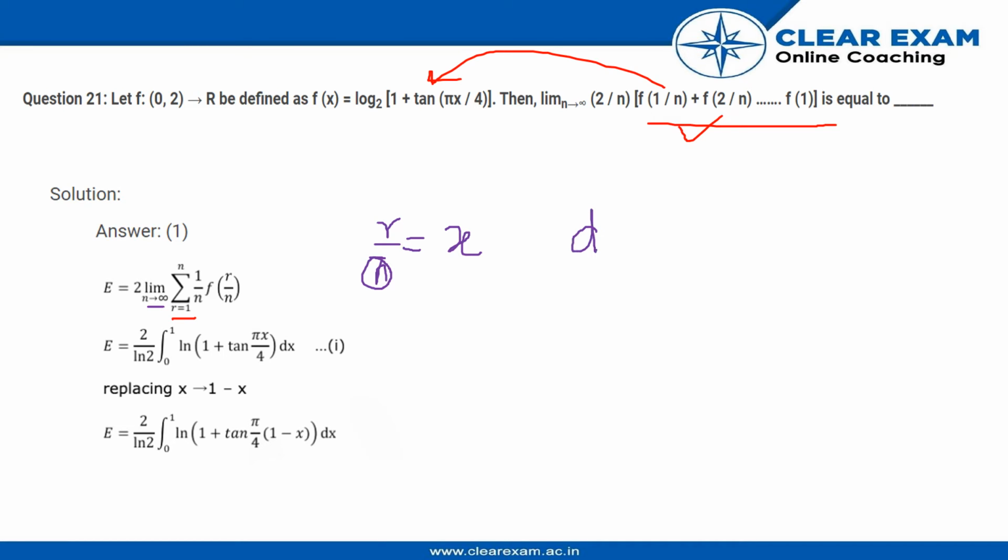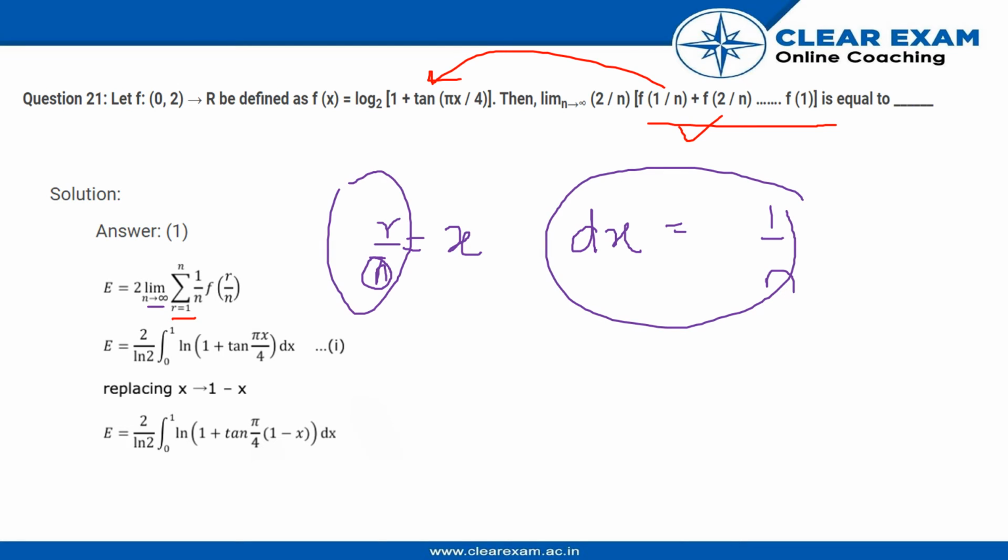So when I write dx, I will write dr by r, that is, dr by dr, that is, I am differentiating with respect to r on this side. Now what we get is dr by dr, which becomes 1 as we know, and 1 by n is the final answer for dx that we have.